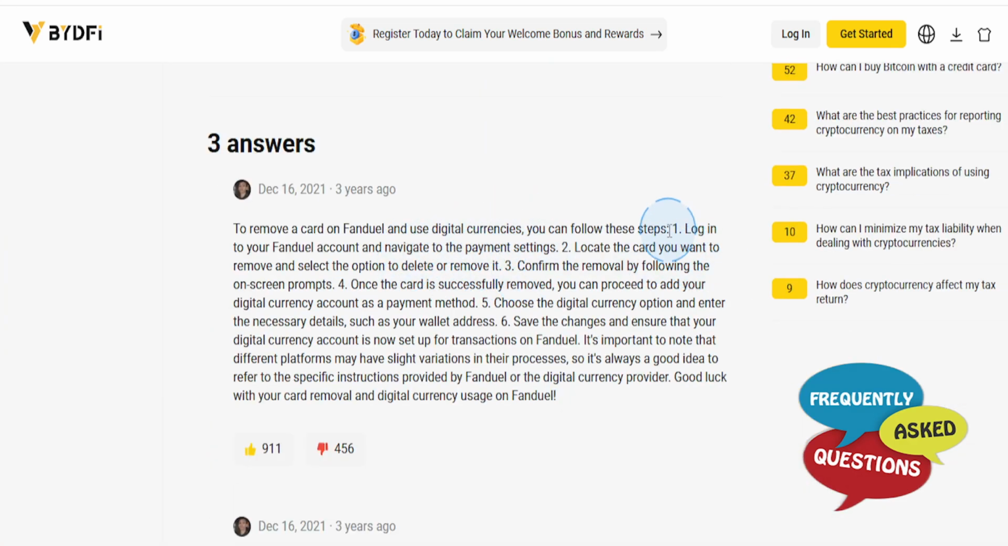So first things first, you want to log into your FanDuel account and navigate to the payment settings. Then, guys, what I need you to do is locate the card that you actually want to remove, and select the option to delete or remove it. Okay, you want to confirm the removal by following the on-screen prompts. They'll give you some prompts. Just follow along, confirm it, and once the card is successfully removed, guys, you can basically proceed to add your